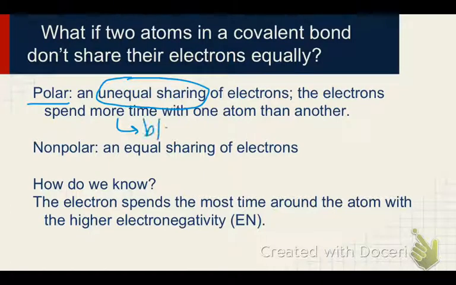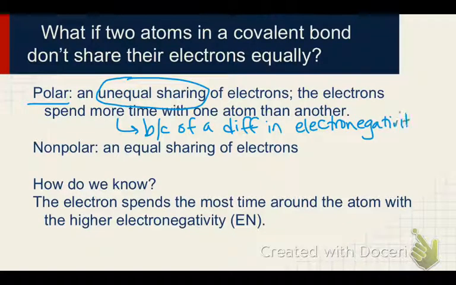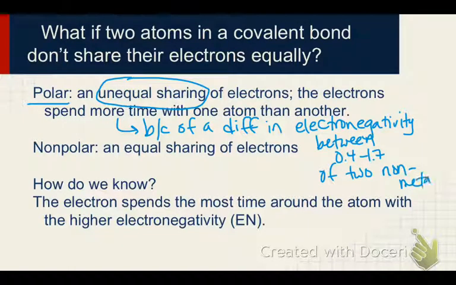This is because of a difference in electronegativity between 0.4 and 1.7 of two non-metals. So when two non-metals have such a large difference in electronegativity, between 0.4